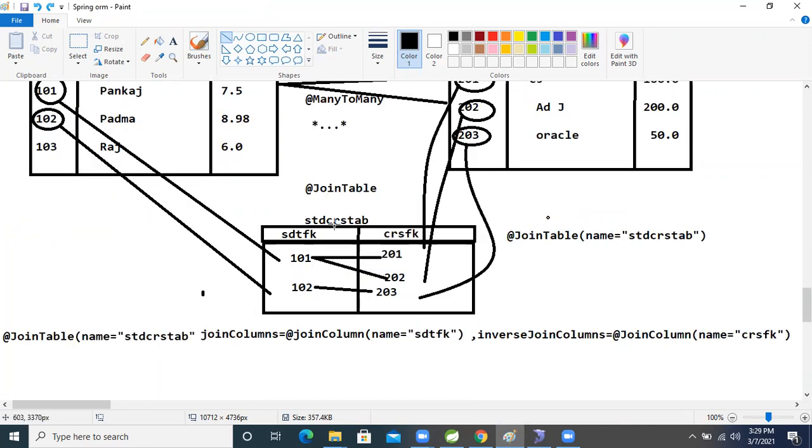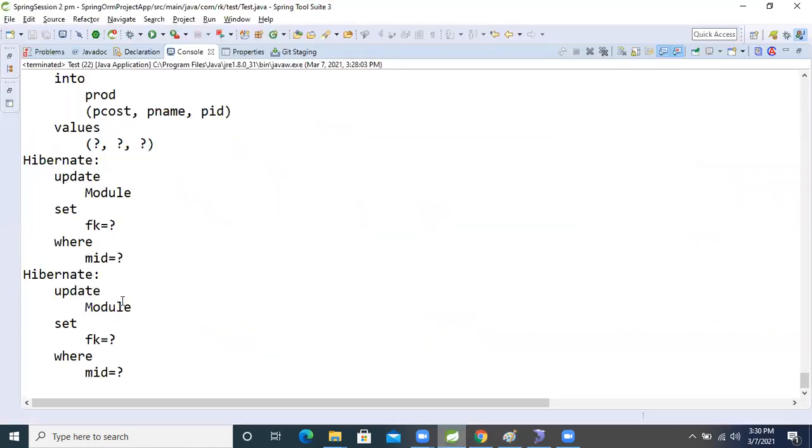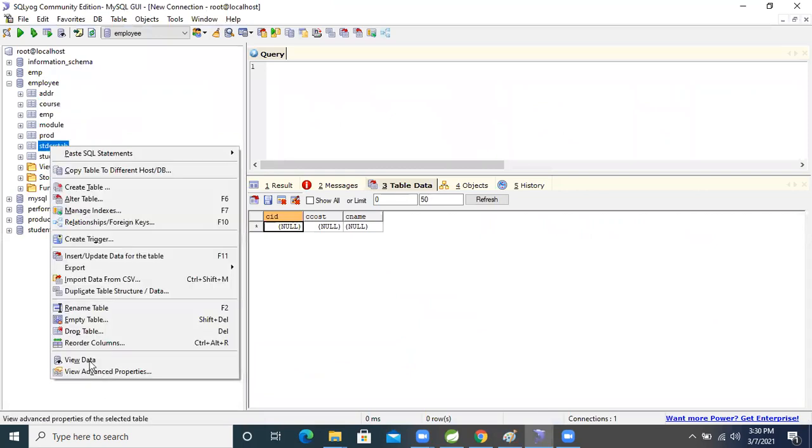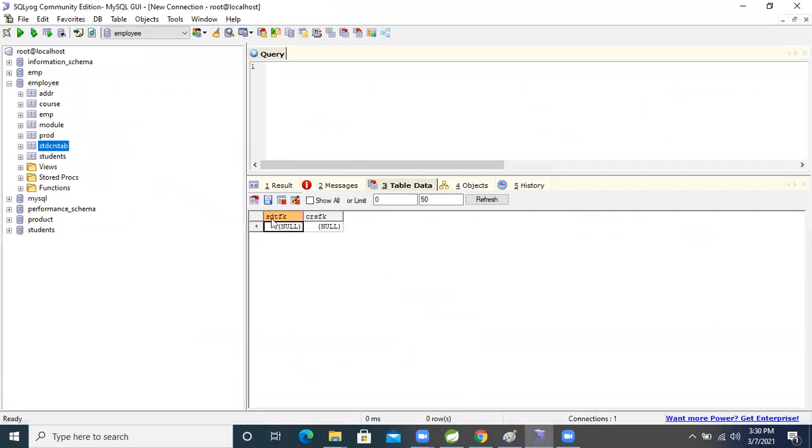And the two fields will generate, which become what? Both tables' primary keys will become foreign keys in the third table. So for that, another third table will generate. Come here in the database, where this one, STD CRS. Now view it. Two are generated or not? S id, std FK, and crs FK, right? So now let's fill the data also, and we will see how we can perform many to many operations, right?